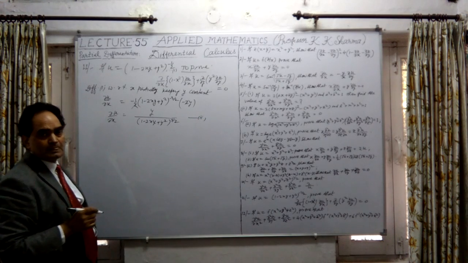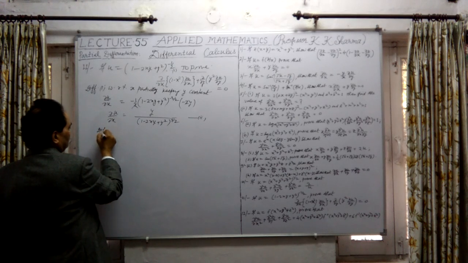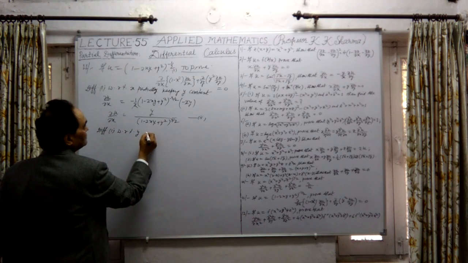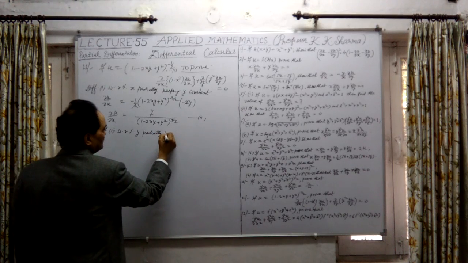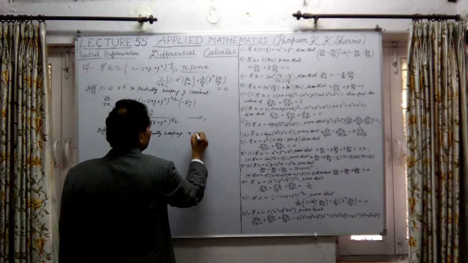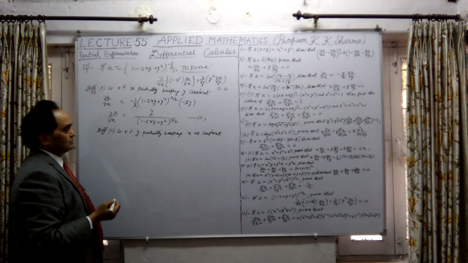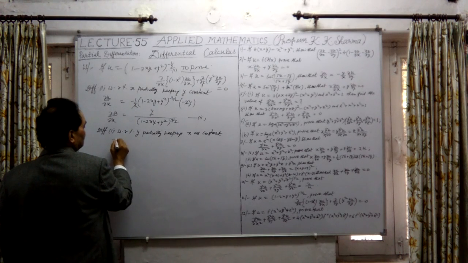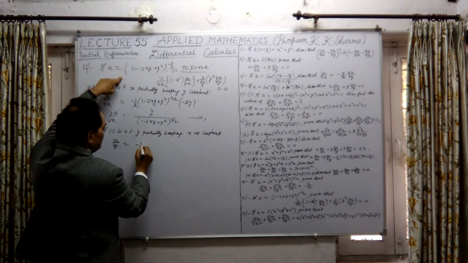Now if I find del u del y, differentiating the first equation with respect to y partially, keeping x as constant, considering x constant. Now differentiating the same first function, del u del y is equal to again minus half